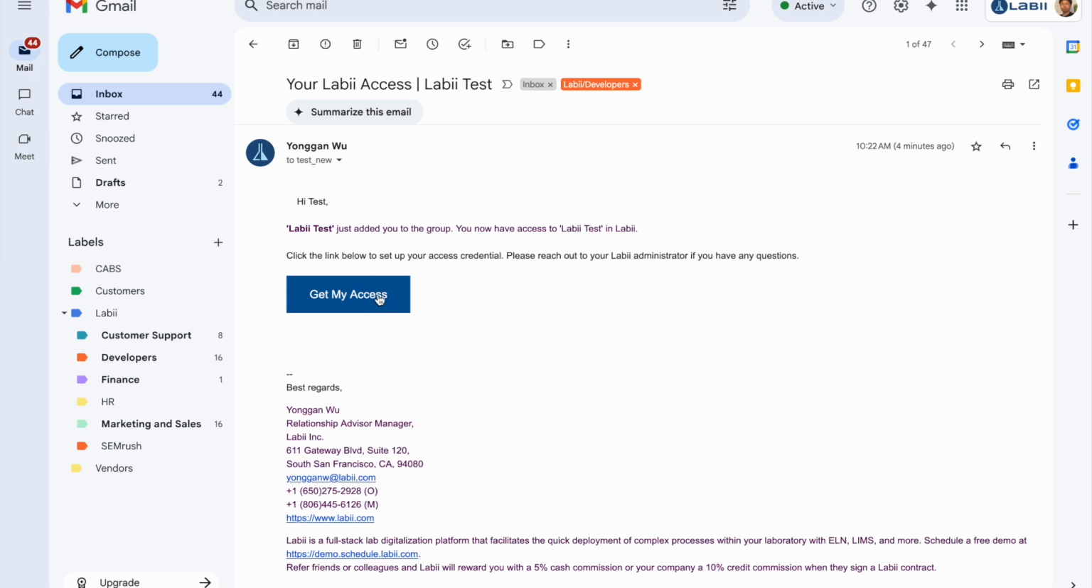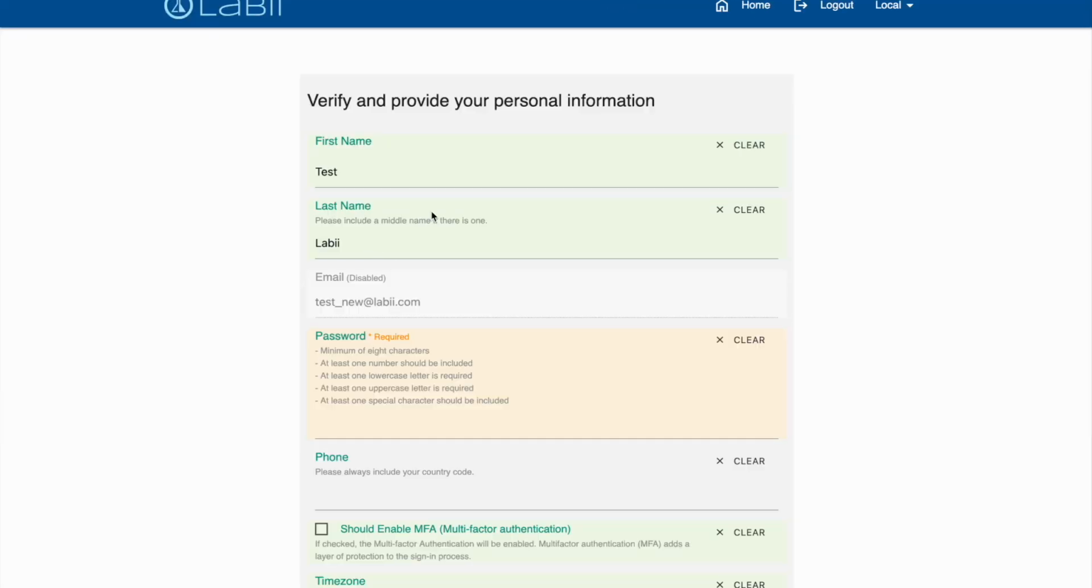will find there's a button called get my access. If you are not able to find this email, please check your spam folder. You may be able to find your email from there. Once you receive this email, just simply click this button and then this will give you this kind of interface